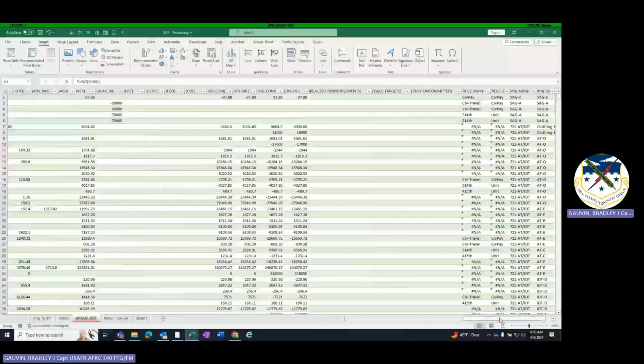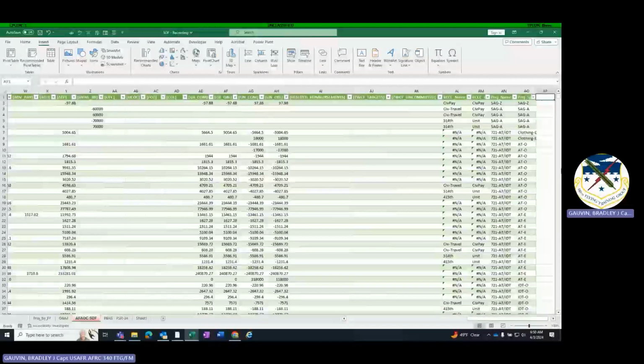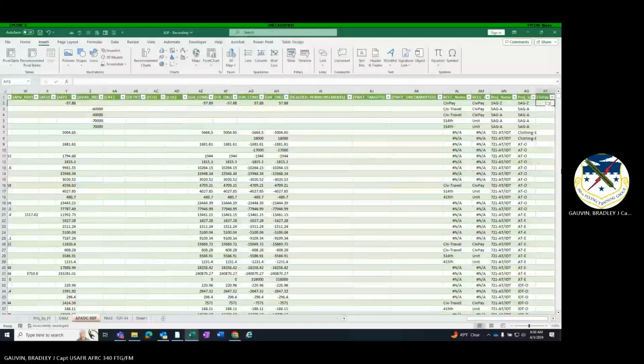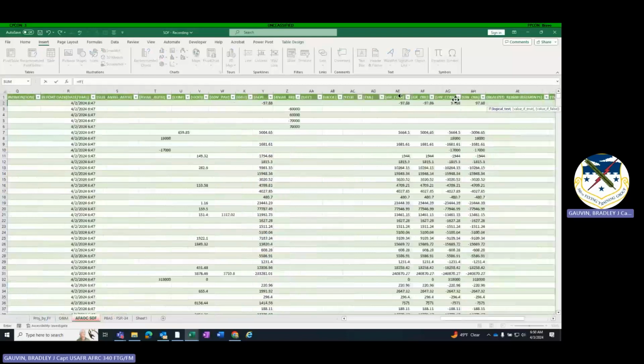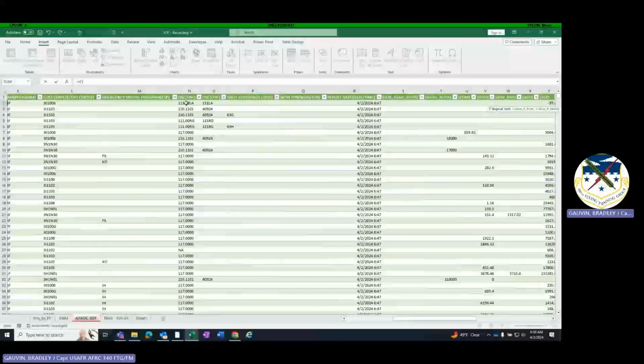So I'm going to add in another column here, and I'm just going to put CivPay. So it creates the column, and I'm going to create a yes, no. And I'm going to do that by creating an if-then function. I'm going to create equals IF. And so it's asking me first for the logic test. So I'm going to come over here to my OSC. I'm going to click on that. And I'm going to say if